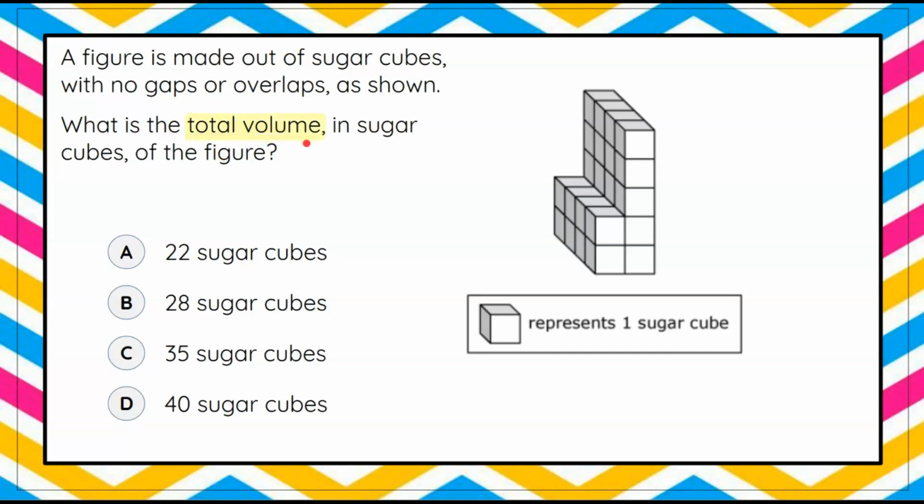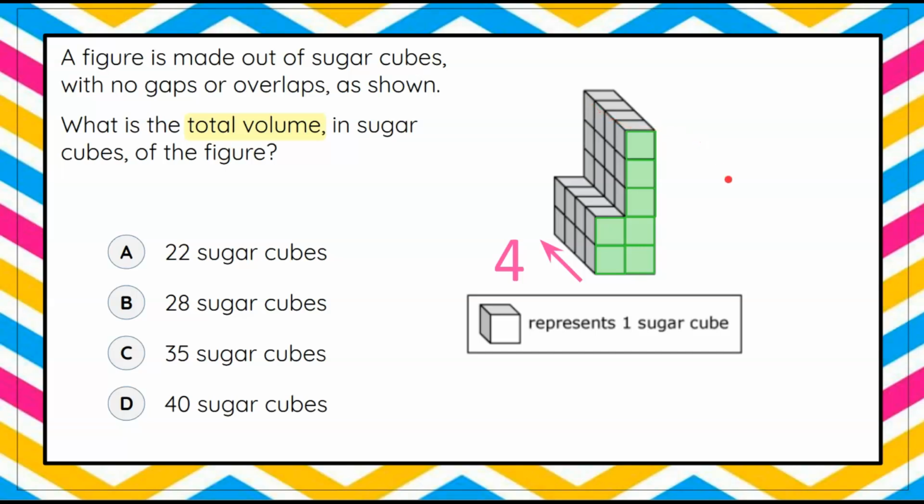So we're finding the total volume in sugar cubes of this figure. I can see when I'm looking at this that I have 1, 2, 3, 4, 5, 6, 7 unit cubes or sugar cubes that are faced here, right? So I see that we have 4 rows that go back. 1, 2, 3, 4. And each one of them is the same pattern, has these 7. So I can see 7 here, 7 here, 7 here in the third, and that last row, that 4th row,